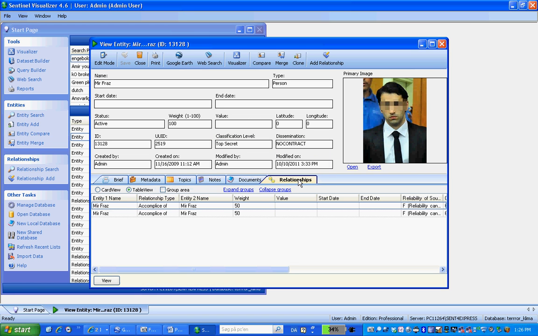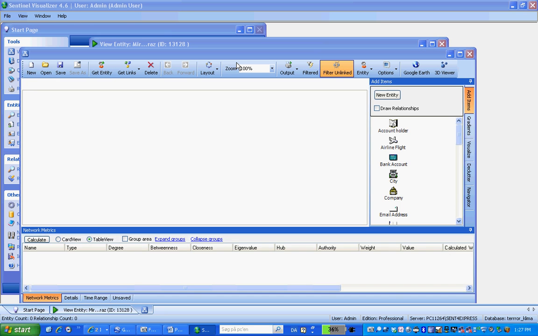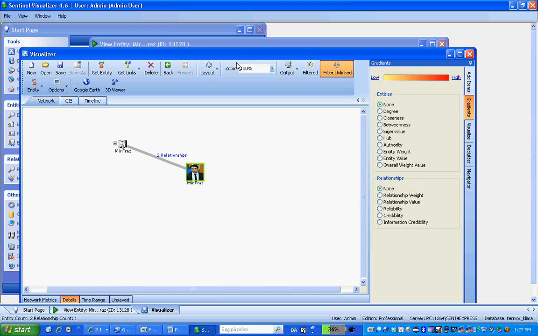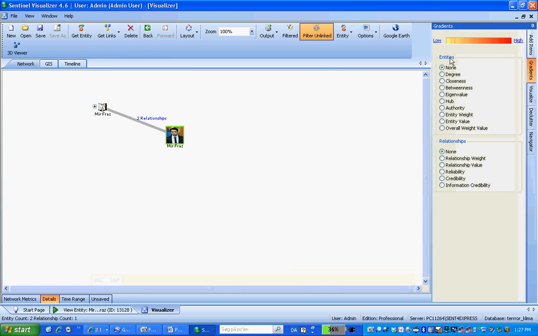And there's this sheet called relationships. This is the important part, and I'm going to show how Sentinel Visualizer can aggregate and demonstrate the connections to the independent nodes in this database. What I have opened here is the complete Danish registry of carbon traders. I've fed all the information that I had from an Excel spreadsheet into the database, and each piece of information has been registered as a node in the database.